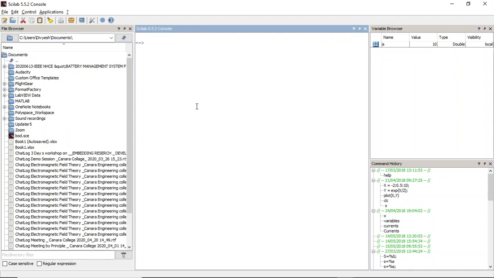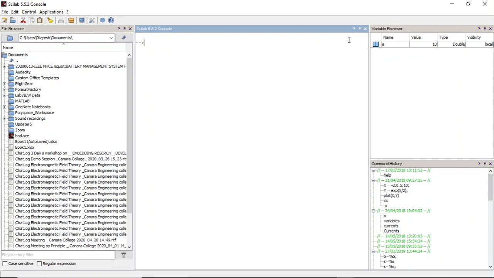Now, one more point which I would like to tell you here is, you will see the variable browser now. I have done 3 computations, right? One was 40 by 4, then I assigned A equal to 40 by 4, then I did 2 plus 9 power 3. But in the variable browser, once I did CLC, can you see there is only one variable present here? So what does it tell you? If you need to store the values which you have computed, then you have to assign them to some variable. Otherwise, when you clean your screen, those values will not be stored.